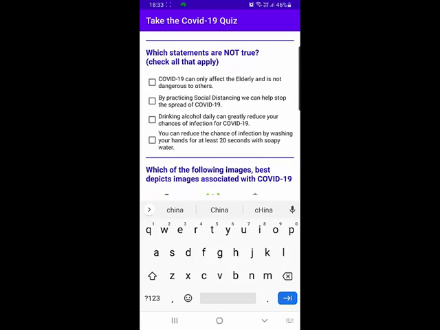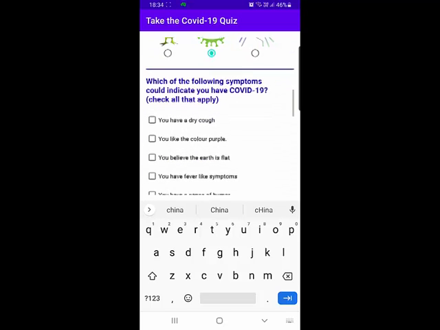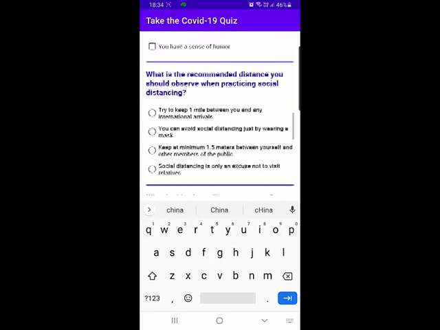Okay, which statements are not true? Check all that apply. So it affects more than the elderly, so we know that that's not true, and we know that drinking alcohol is not going to reduce our risk of COVID. Down here, the question one, I can tick the image and automatically it will check. So as I check any image, I don't have to check the radio button. The radio button is checked for me. Which of these, again, it's a multiple checkbox, so I can choose more than one. Which of these symptoms indicate that you have COVID-19? I'll check the two that I know are correct. And then moving on to the third one,